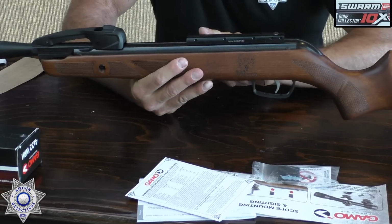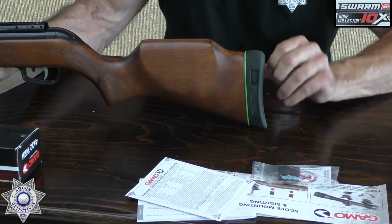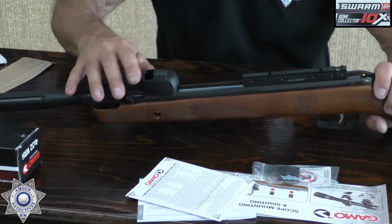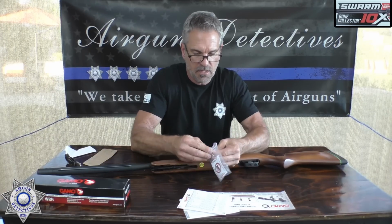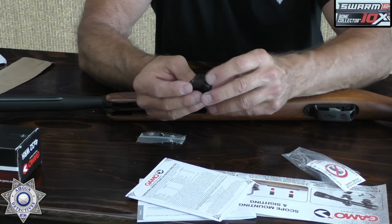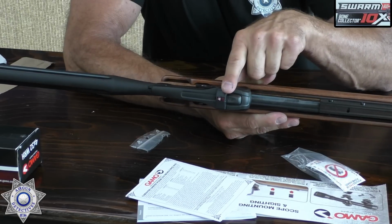So this has a recoil reducing rail, as we can see. This has a nice little cushion, your butt pad here, and it's got the removable block so you can lighten this up if you want right here. Has our safety right here, and then this is Gamo's patented 10-shot magazine auto feed here. And the magazine, I've showed you this in my other videos. Let's open this bag up. Here we go. Magazine. Just load this sucker up, holds 10 shots, and you just drop that right in here. And you can actually dry fire this gun, but there's a warning level when you come down to your last